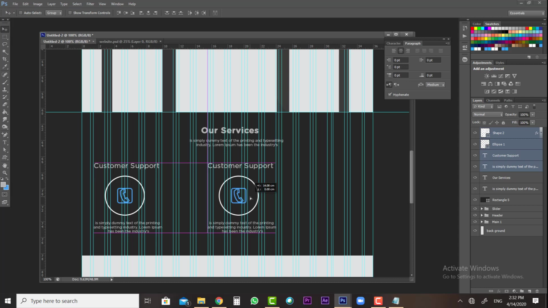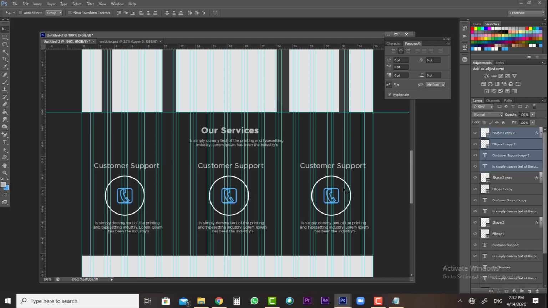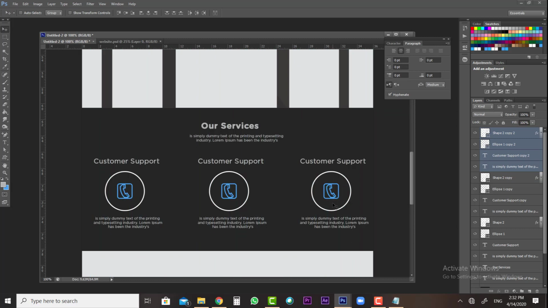maybe two grids, just like that, or maybe one. Okay, and then do it again one more time. Make sure it's the same distance between each one. All right, and then press Control H, and here we go, we have these 3